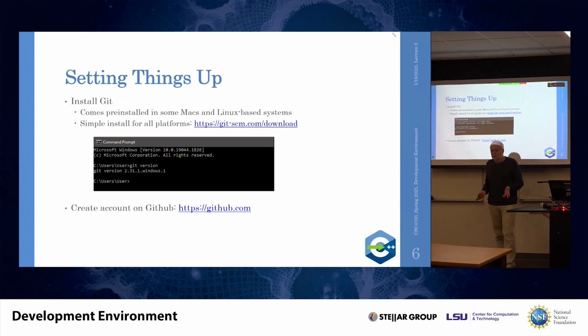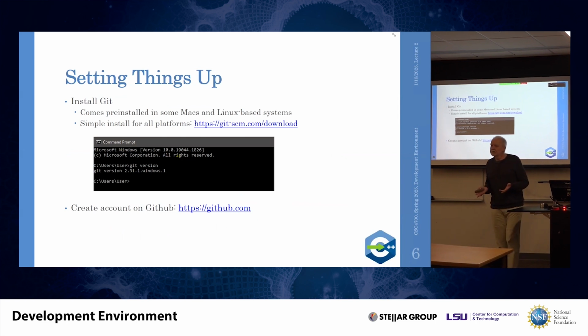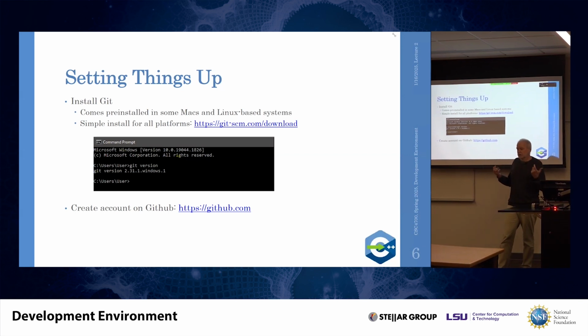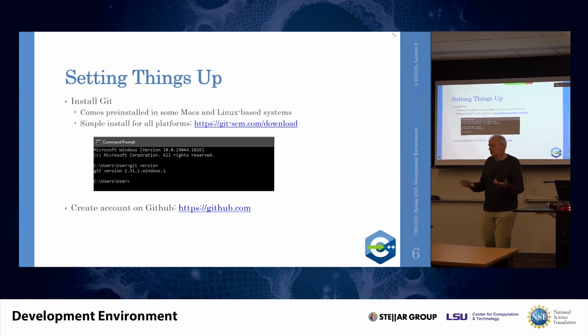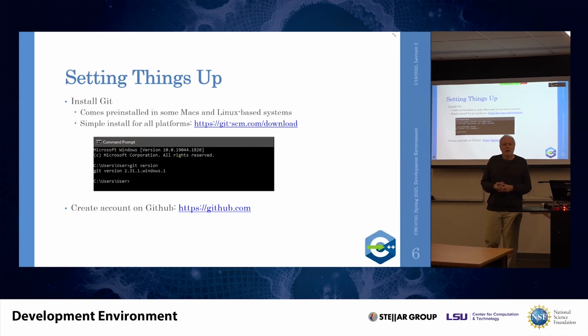In the context of this course, I will provide you with Docker images. Docker is a virtual environment that you can install on your local machine, and when you start Visual Studio Code, it will download that environment onto your machine, and you have essentially the same environment as everybody else. I have prepared that Docker image for you, and Git is pre-installed, so you don't have to worry about that.